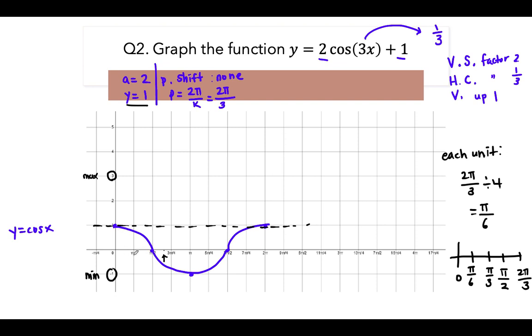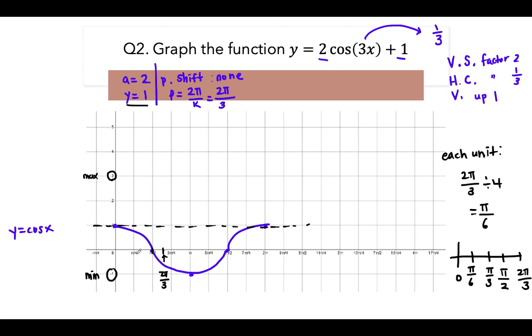So it seems like we don't have pi over 6 here, so we know that pi over 2 is, so at around here, I could label this point as 2 pi over 3, and then pi over 2,